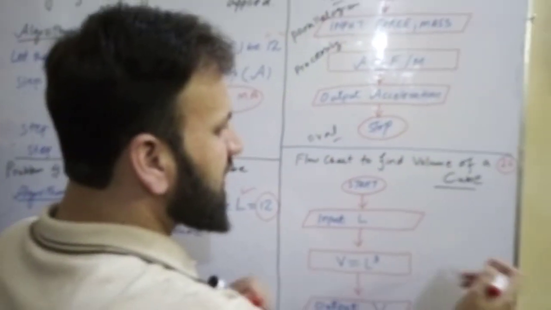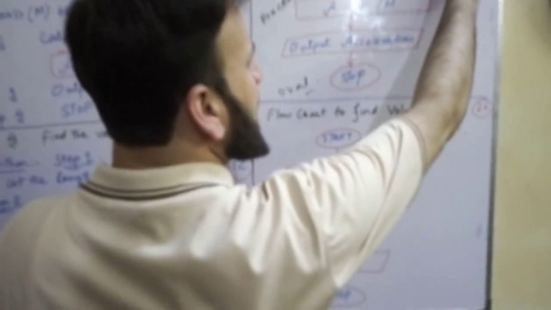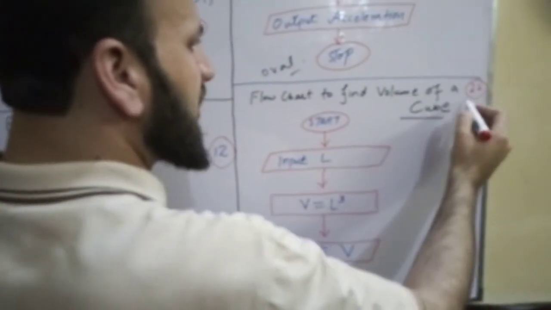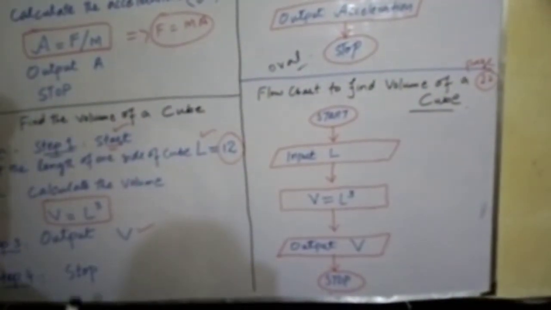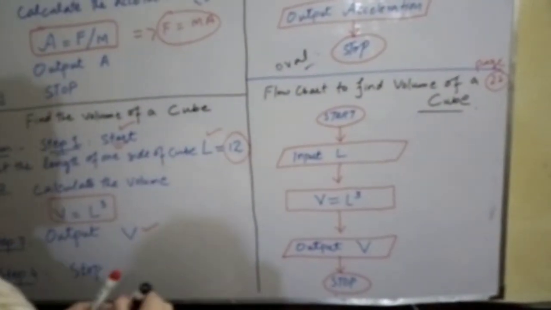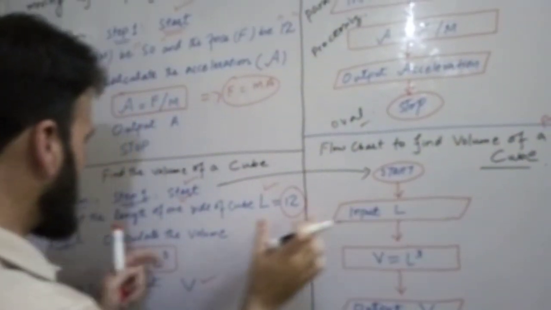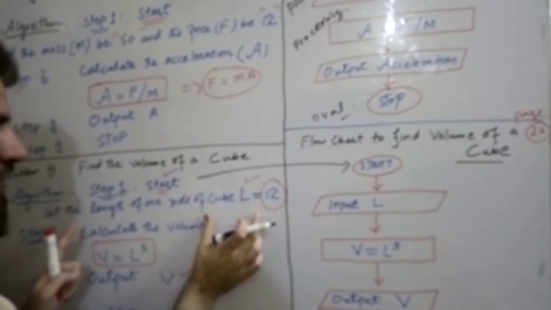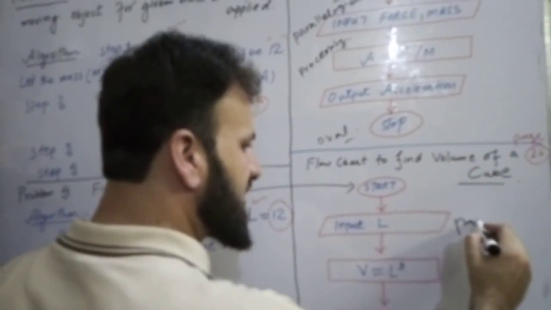These flowcharts are given. This flowchart is given on page 21 of the textbook, and this flowchart is given on page 22 of the textbook. Now I explain this flowchart. First step 1, start. We always use the oval shape symbol to start. Next is the input process. For input we have taken the L variable as input. The parallelogram shows that it is the input.